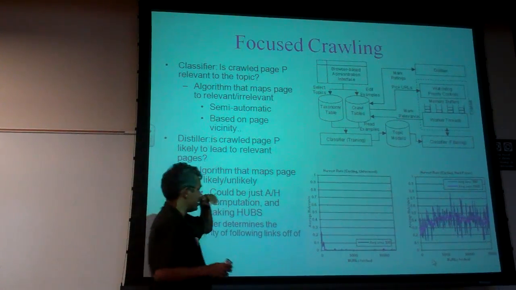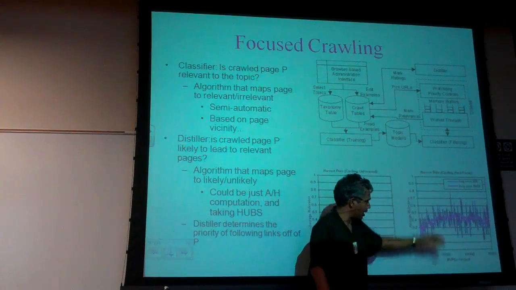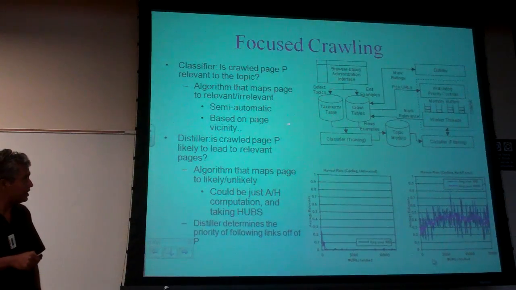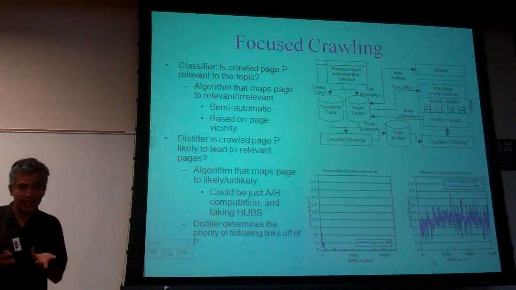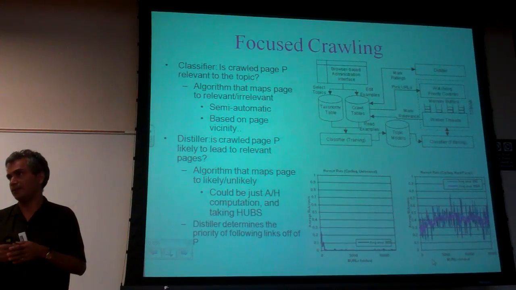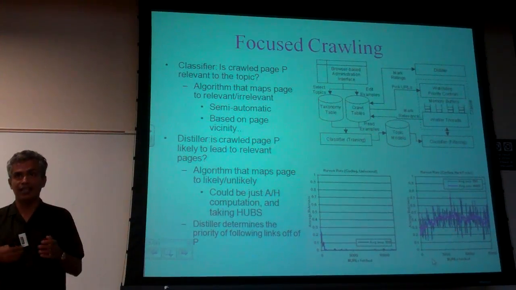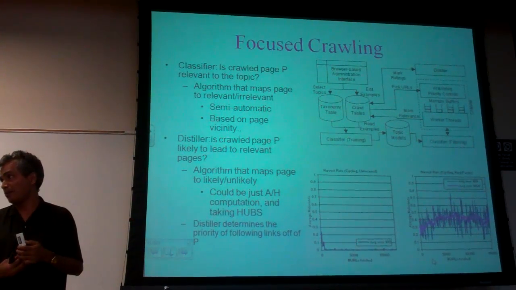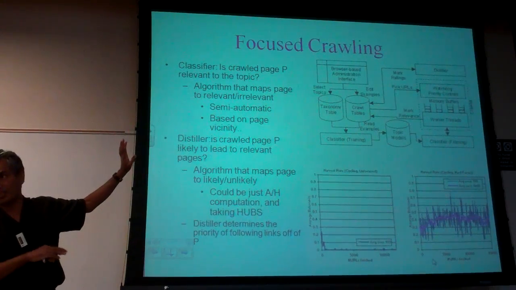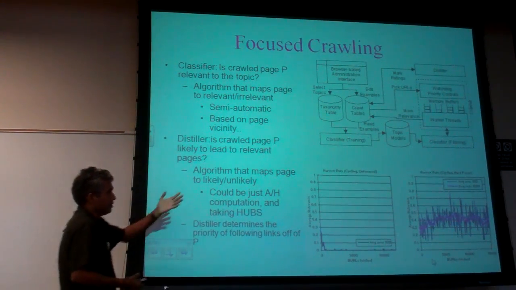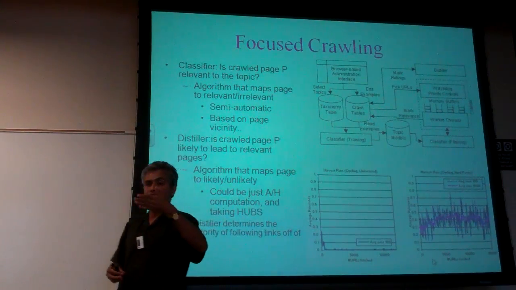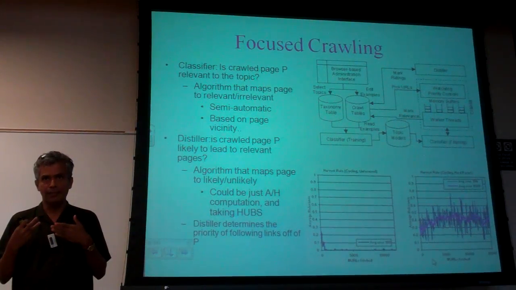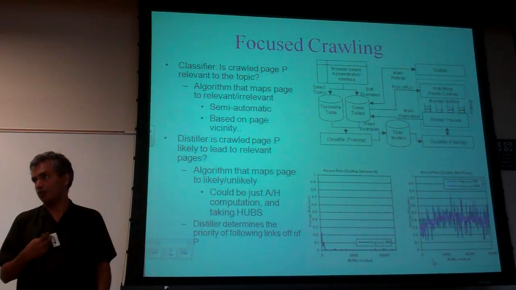Right? So there is some work that's been done in the past. I don't know that it's still useful if you're writing your own vertical search engine, which basically tries to tell you for a given URL whether or not it's likely to be relevant to your topic. In some sense, it's a machine learning problem. It's like a classification problem, just like you're classifying mails into spam and non-spam. So remember this when we get to text classification, which is after the midterm. But here you are trying to classify each URL into would be relevant to my topic, won't be relevant to my topic.